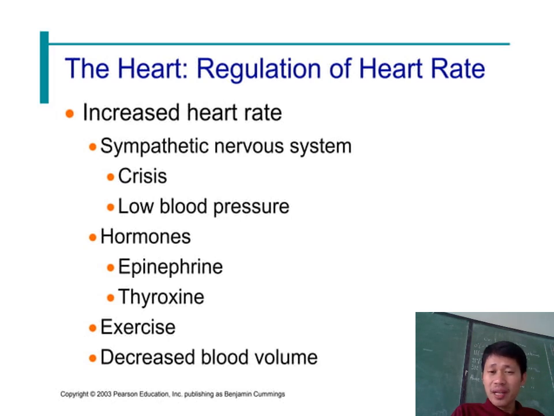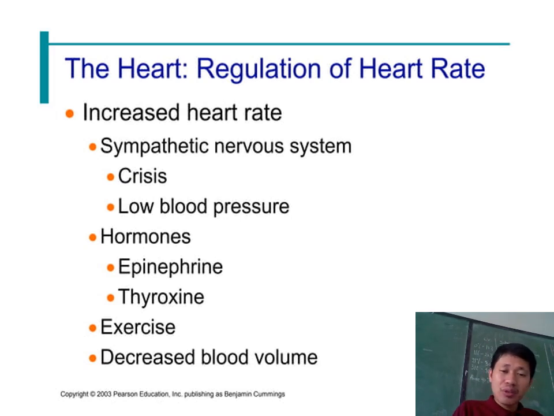Low blood pressure also increases our heart rate, to compensate for that slow blood circulation. Because with low blood pressure, your heart will have to work double time. If you are low blood, then your heart rate will increase. That's the correlation between low blood pressure and heart rate. When the patient is low blood, you expect that their heart rate is slightly elevated than normal. You should know that, class.